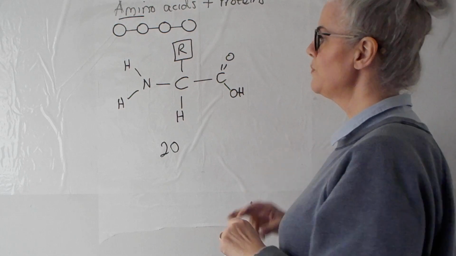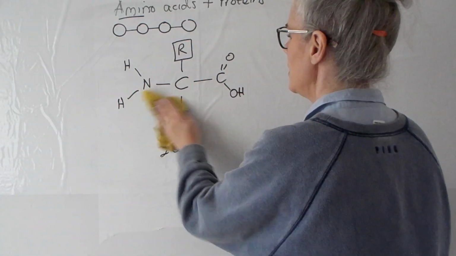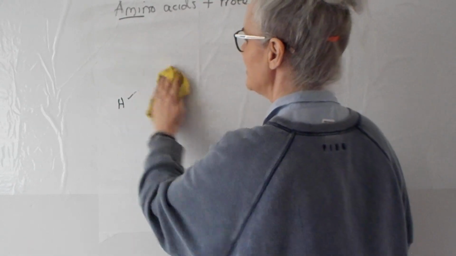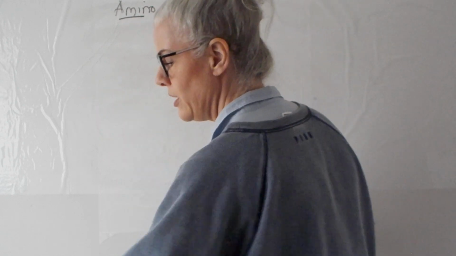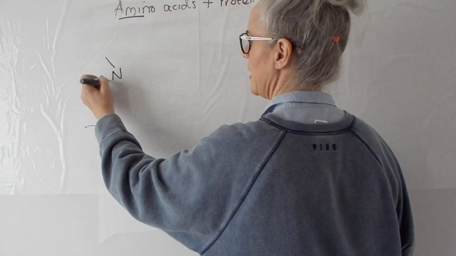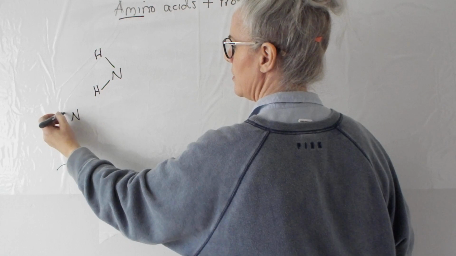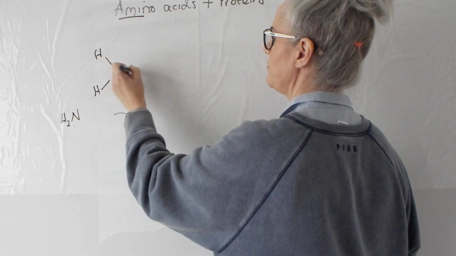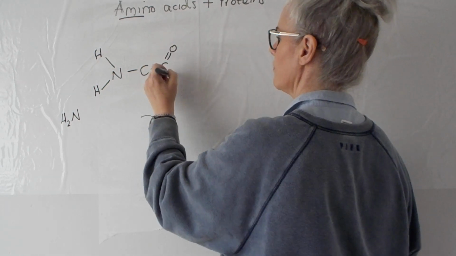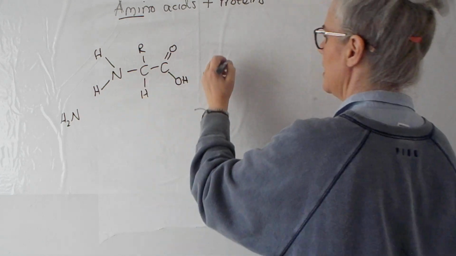So what we're going to do is a condensation reaction and put 2 of these together. Now remember, condensation reactions are always the same. You are condensing, you are squishing things together, you are removing water. So we are going to have our amine. You could just write that like that if you want to. We've got our central carbon. We've got our R group and we've got our hydrogen, and then again